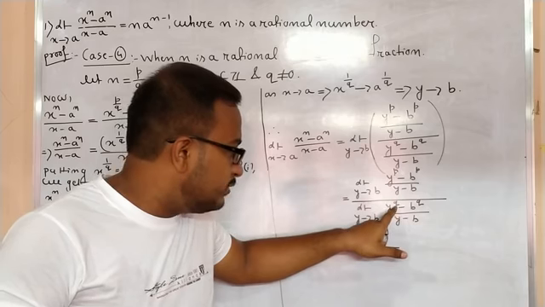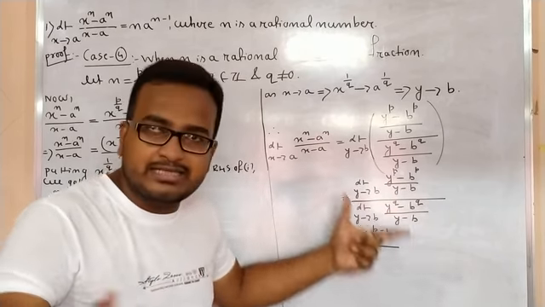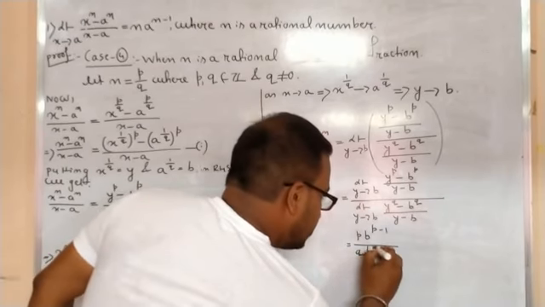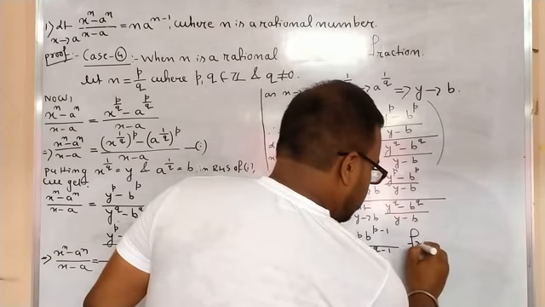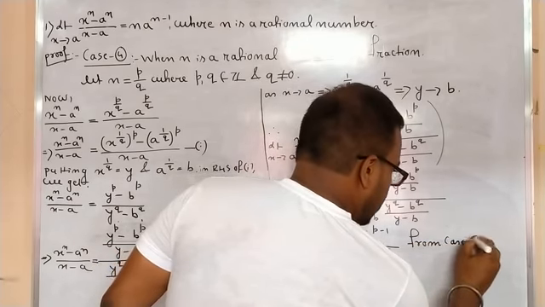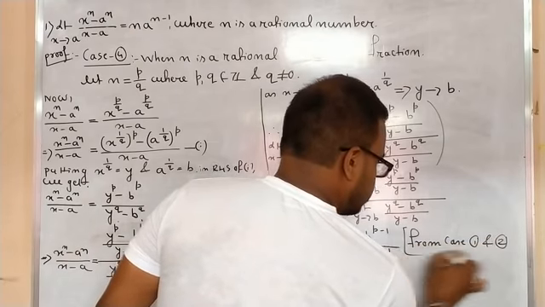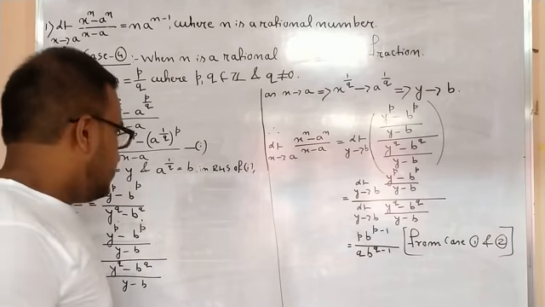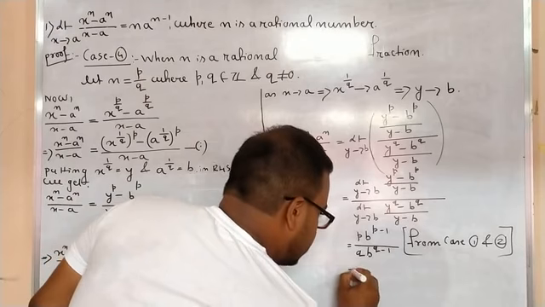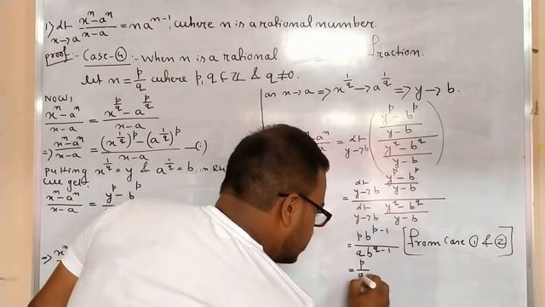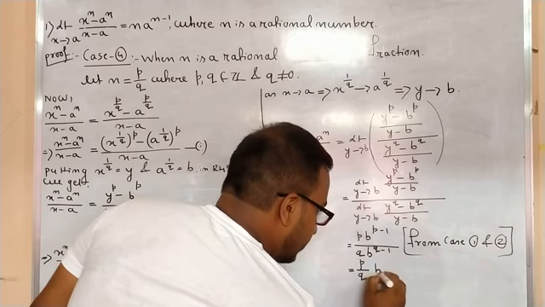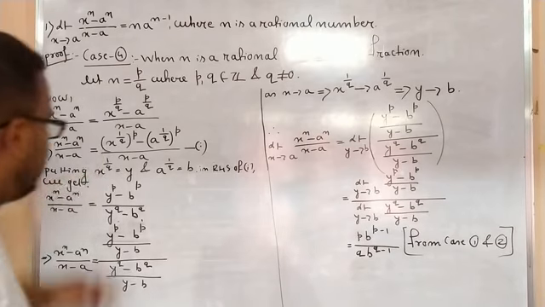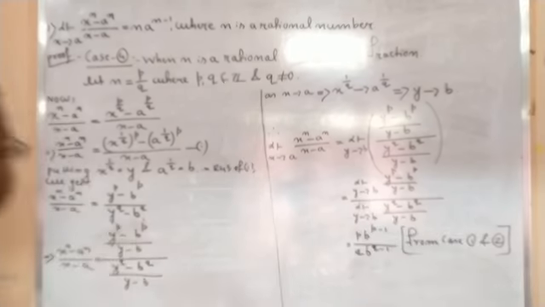And here, what is this q? It is not 0, but q is also any integer, right? So here what can we write? q b to the power q minus 1. Here, from case 1 and 2, right? Now, how can we write this? p by q, right? The b is same, so b to the power what will it be? p minus 1. There is no space, so let me use this part.